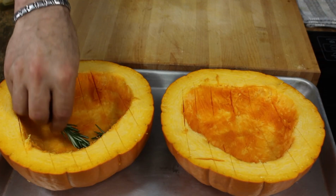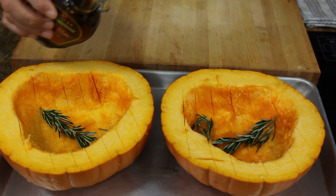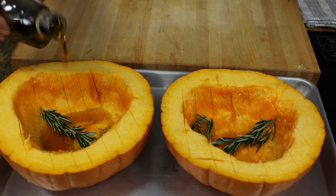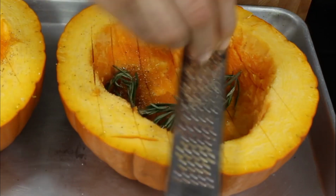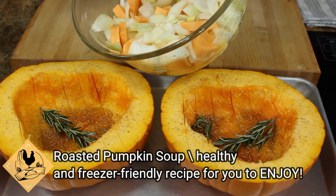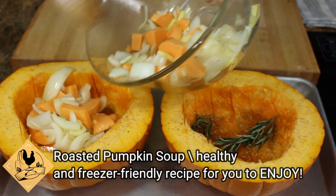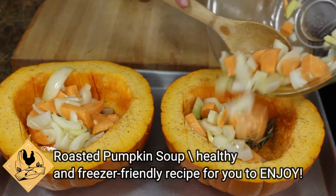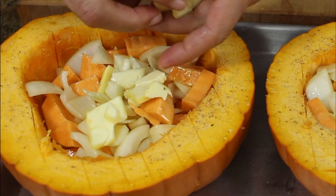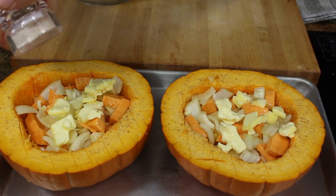One sprig rosemary in the bottom, the gold liquid, which is maple syrup, nutmeg, the sweet potato, onion, ginger, and fresh garlic. We're gonna fill it up. Butter on the top. Salt and pepper,